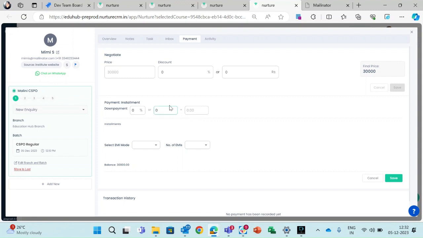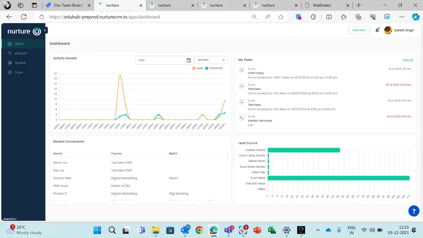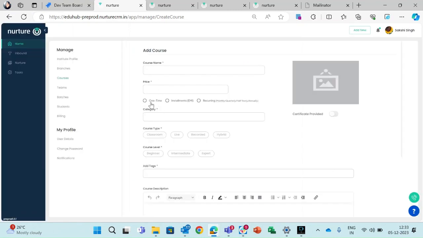To begin with, how do you define which payment module you want to use for your institute or for a particular course of your institute, and what is the specialty of each module? So how do you define a payment module for a particular course? For that, when you add a course for your institute, there you get an option to select one of the payment modules. For example, if I add a course here